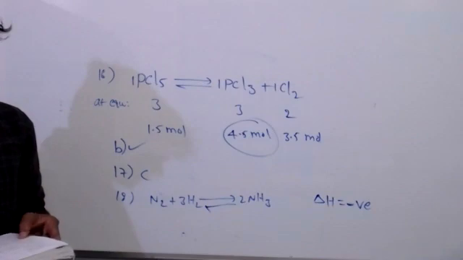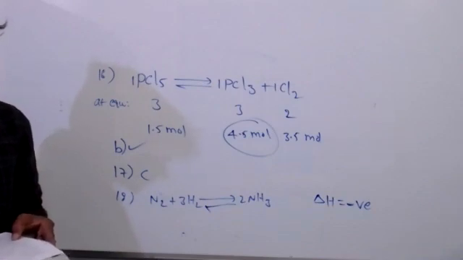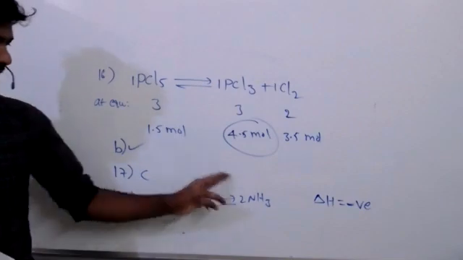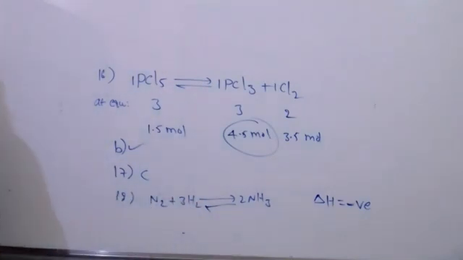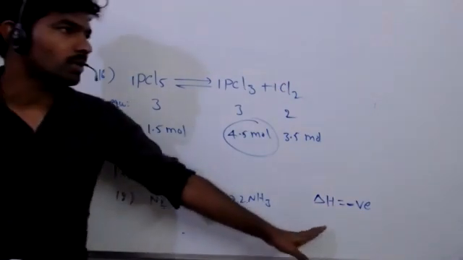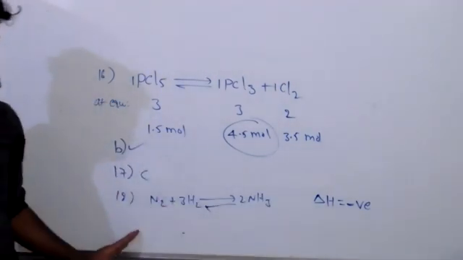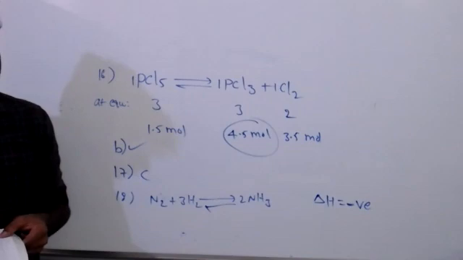Now, the options on the effect of temperature on the equilibrium of the reaction. Equilibrium is unaltered, so that is wrong. Reaction rate does not change, that's also wrong. Equilibrium is shifted to the left. If we increase the temperature, equilibrium shifts to the left. Is it correct? Yes, sir, it is correct. Already exothermic, so if we increase temperature, the backward reaction is preferred. So C is the correct answer.